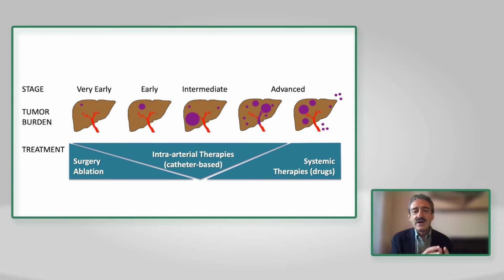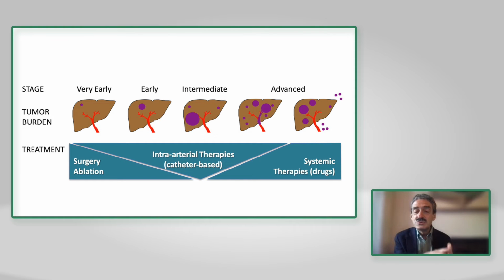The BCLC is the classification, the staging system that we use worldwide to classify patients with liver cancer. It includes 5 different stages, and you can see in the slide that they are: the very early ones, single tumors smaller than 2 centimeters, BCLC 0; early tumors, any tumor that is single, BCLC-A; intermediate stage when there are multiple tumors, but all of them are within the liver, BCLC-B;